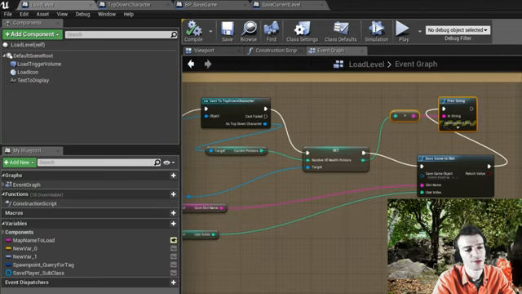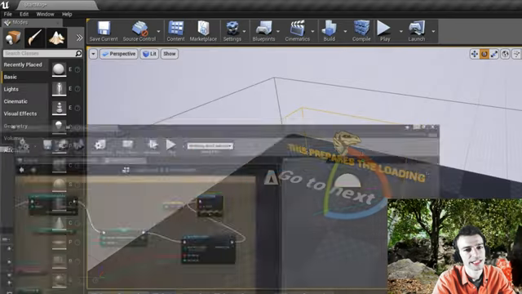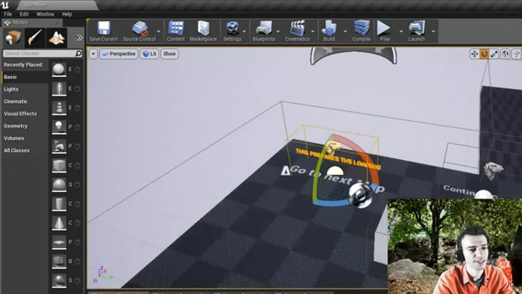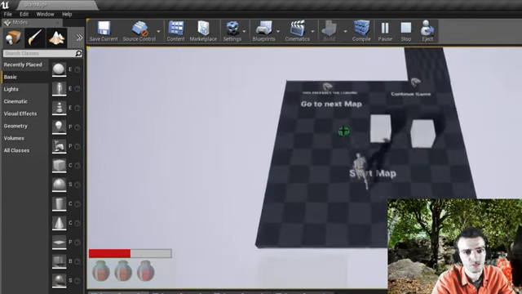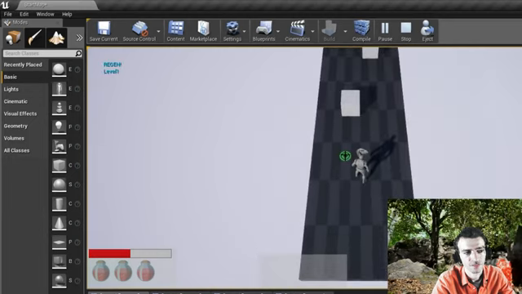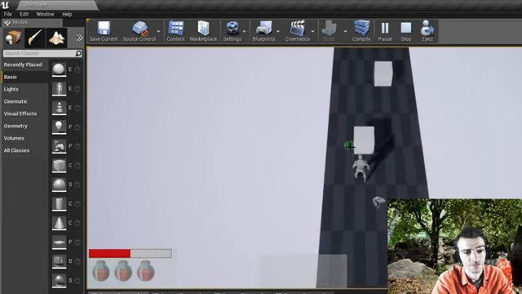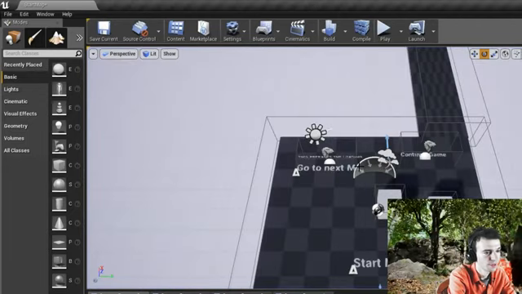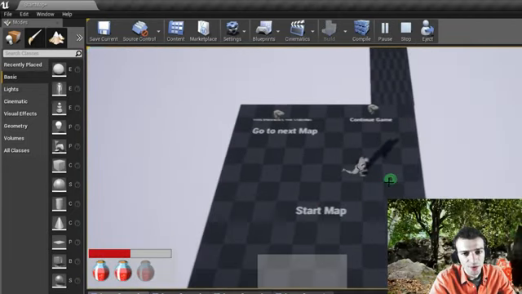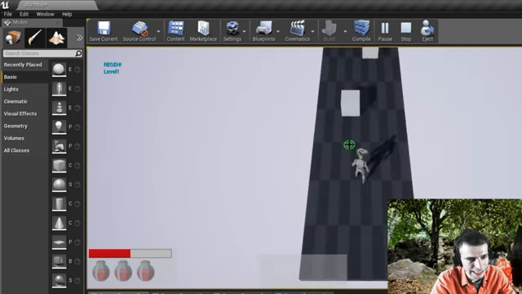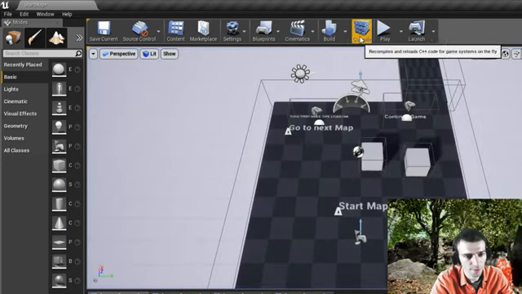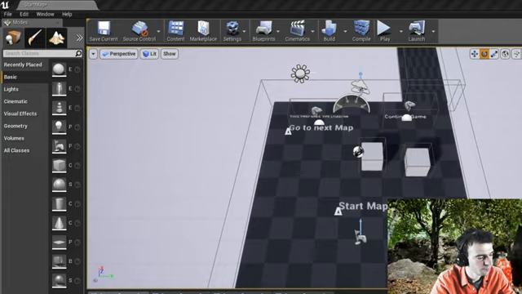So now if I just hit play, okay, that seemed to work. So now I'm picking up health potions and I don't restore them yet. Okay, no problem. The best way to check if my blueprint worked